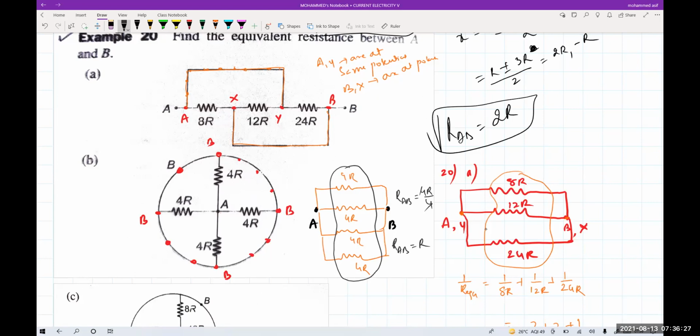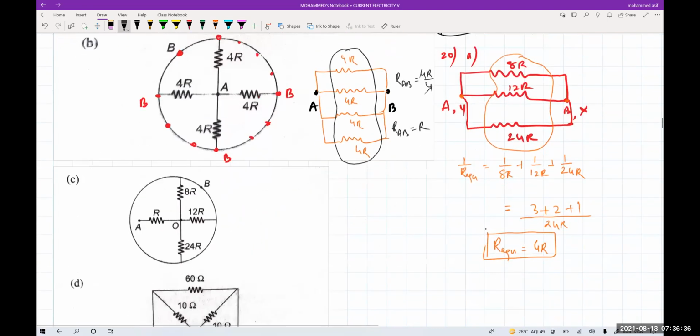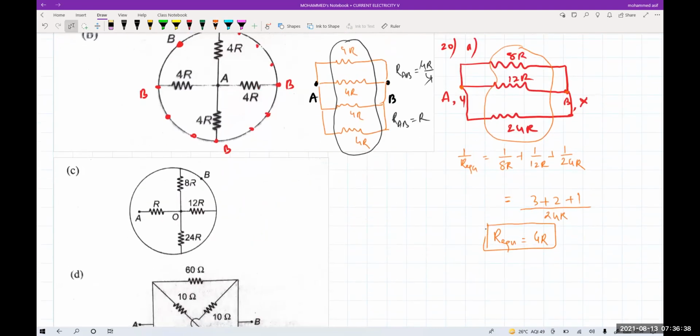The points which are connected by the wire, you take them as of one single potential, beta. So you try to join them to the same point. This whole wire is point B. So this is B, this one is also B, that is B, this is also B, this point is also B, and this point is also B. Anywhere I can take these as B like this. Clear?